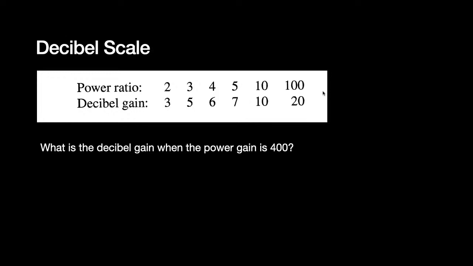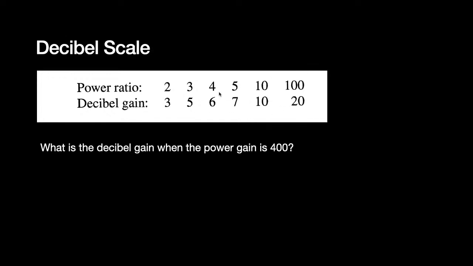Power gain is 400. What is going to be your decibel gain? So the key idea, as I had told you earlier, is that if this is multiplication, this is addition. So multiplying, what would you get 400? If you multiply 2 times 2 into 2... I think that's very high, Akshita. Let's try it again. As I told you, power ratios increase in multiplication, decibels increase in